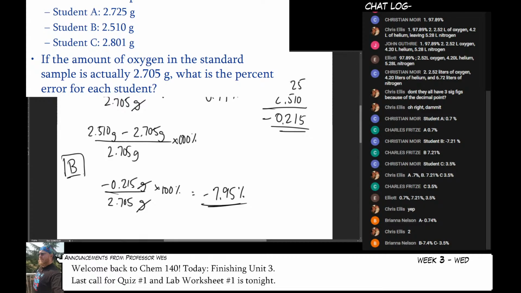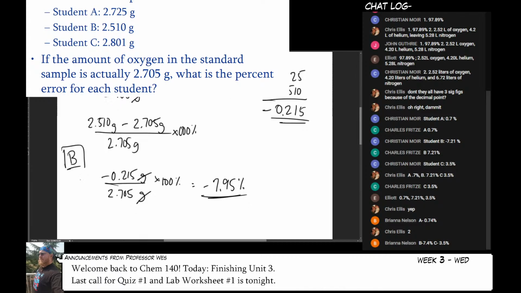That just means that you were off in the opposite direction that everyone else was. Well, not everybody else. I'm sorry. Your answer was smaller than the correct answer. Sorry, I was typing things in the calculator when I said that. Okay. So that was B, and then C here